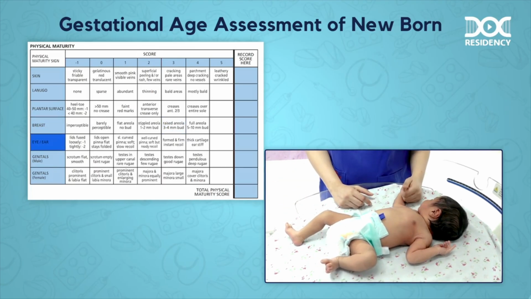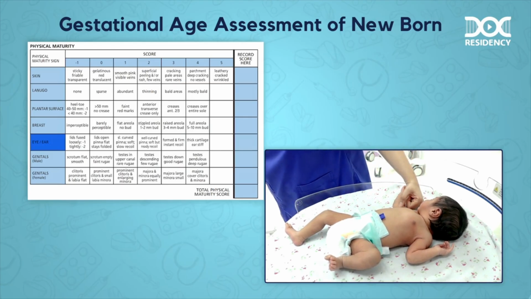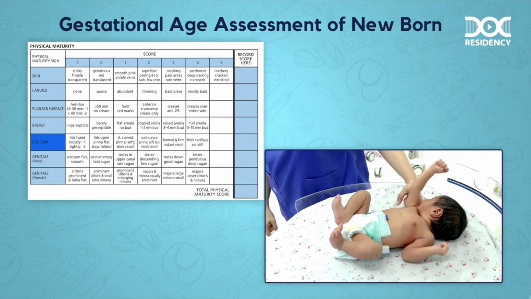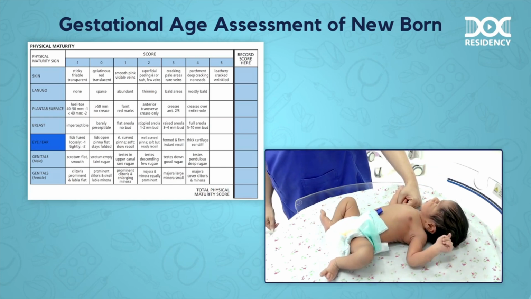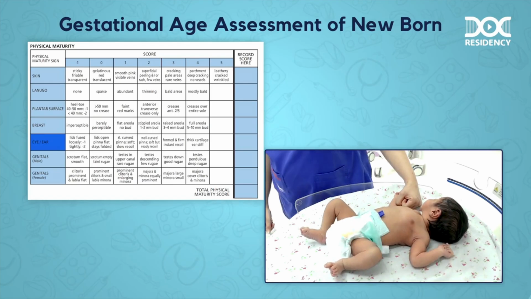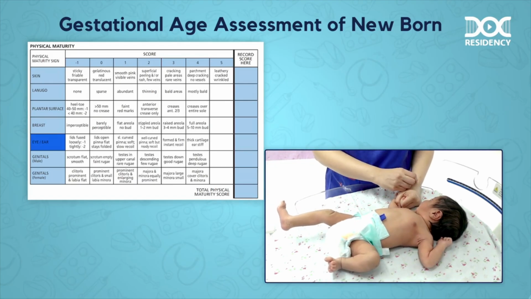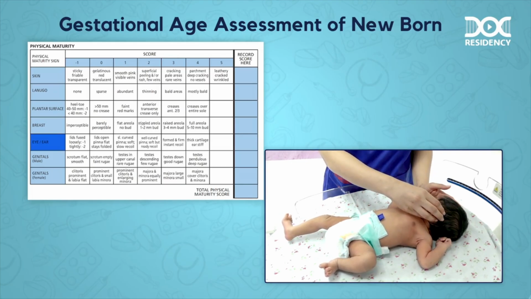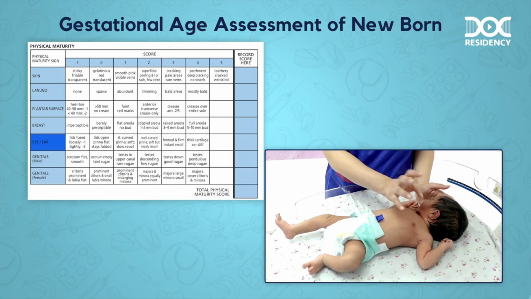In eyes, especially in an extremely preterm baby, we can give a score of -2 if the eyelids are tightly fused and -1 if they are loosely fused. As the baby becomes more and more mature, the eyelids remain open, and we use the formation of the ear cartilage as well as the recoil for the scoring of the maturity. So, for assessment of elastic recoil, one crumples the ear cartilage and then releases it.